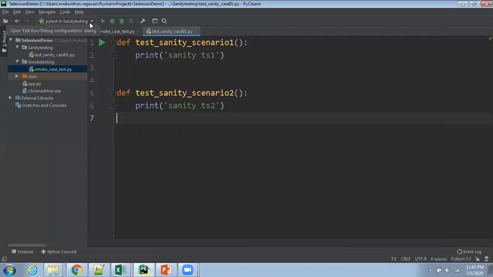You can even give the entire file itself. You can run this and check it. So just click on sanity testing. In sanity testing, we will go to here and we will be checking here. So two methods only, just run it.